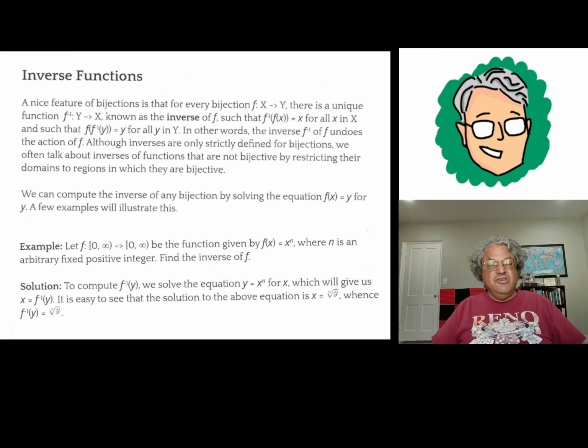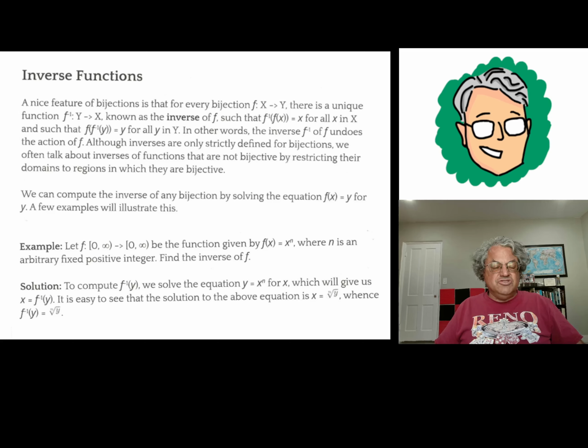Well, it turns out that not every function has an inverse. As a matter of fact, the only type of functions technically that have an inverse are bijections. And yesterday I talked about bijections. Those are just functions that are both one-to-one and onto. They're both injections and surjections. So if f is any bijection, then